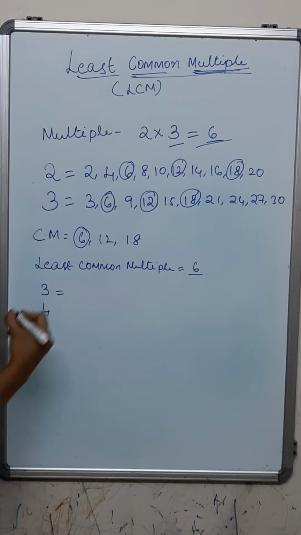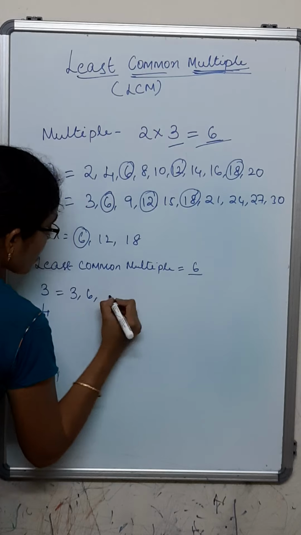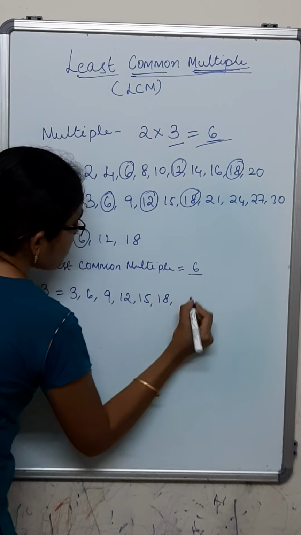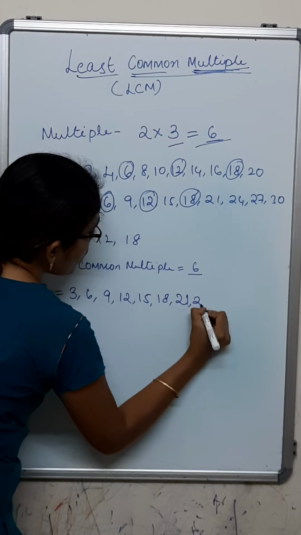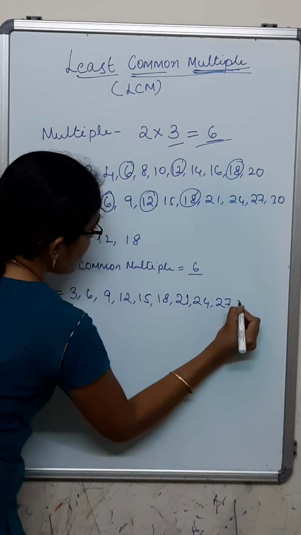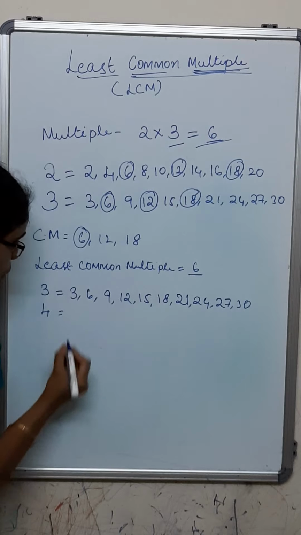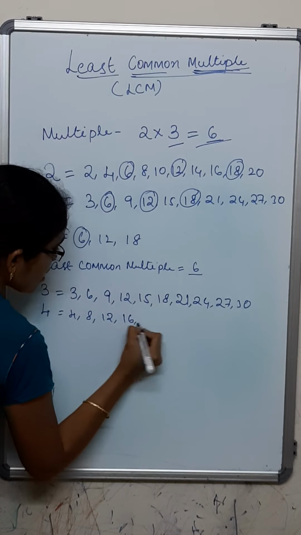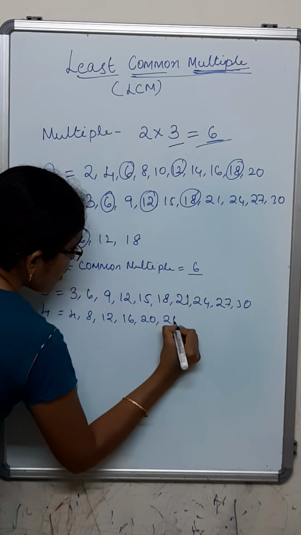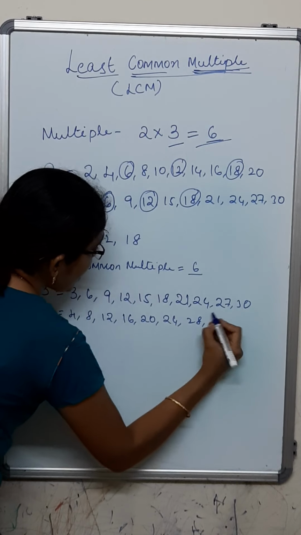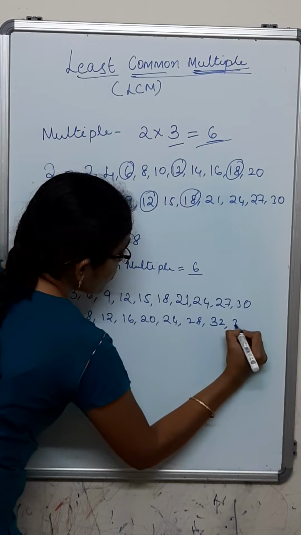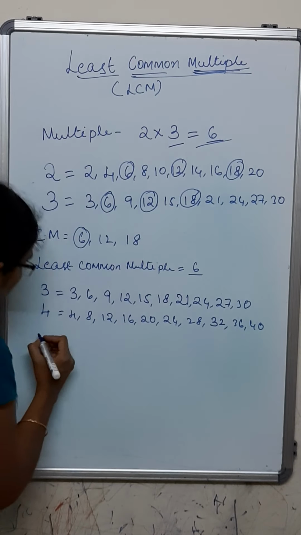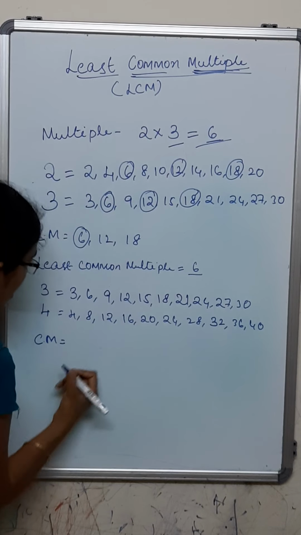List the multiples of 3 now. 3, 6, 9, 12, 15, 18, 21, 24, 27 and 30. List the multiples of 4. 4, 8, 12, 16, 20, 24, 28, 32, 36 and 40. So now list down the common multiples. Common multiples are